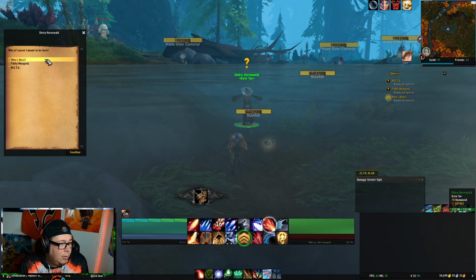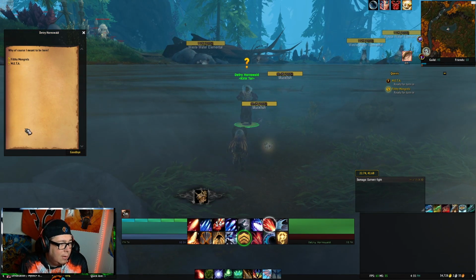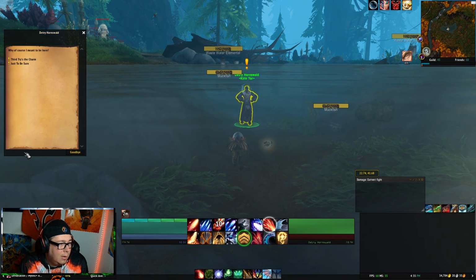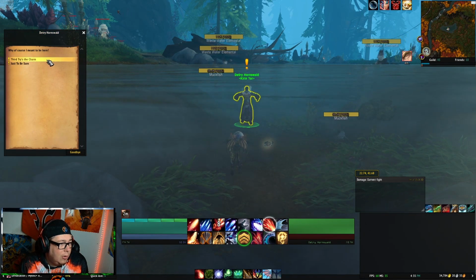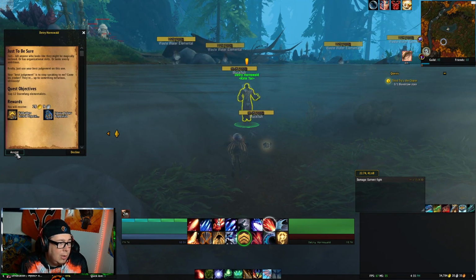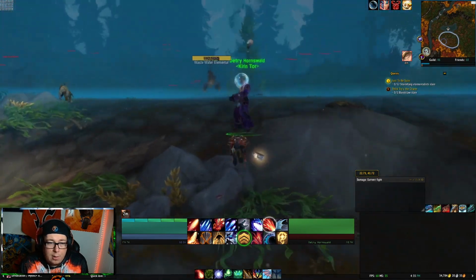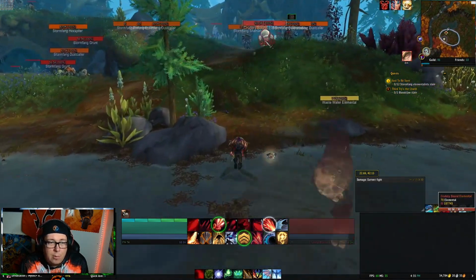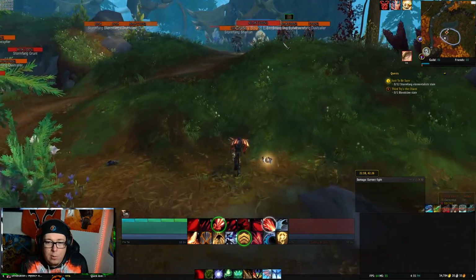Turn in Who's Next, Filthy Mongrels, and Meta. Then we're going to pick up Third Time's the Charm, and one more just to be sure. That's going to have us go this way, in which we need to kill 12 of the